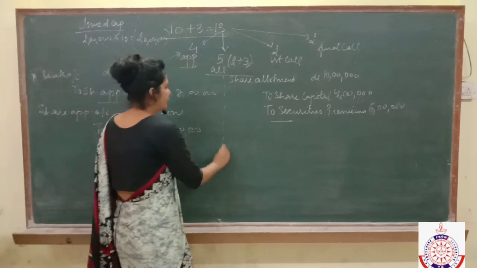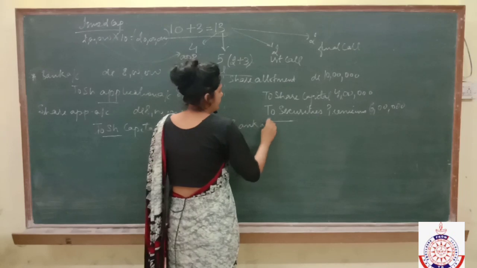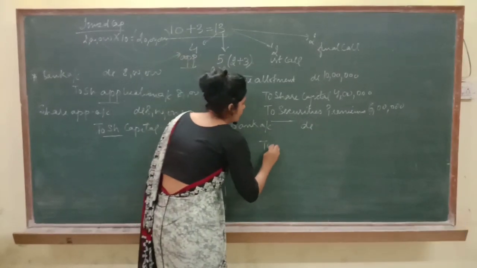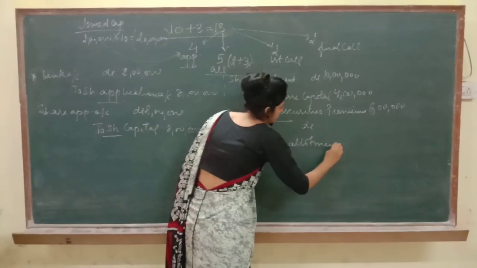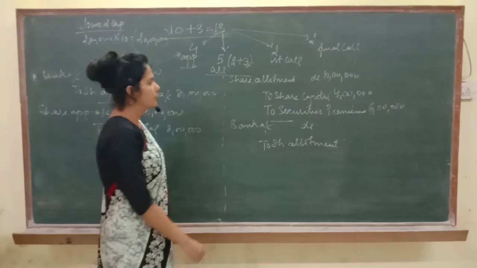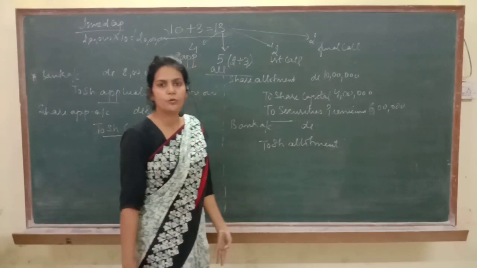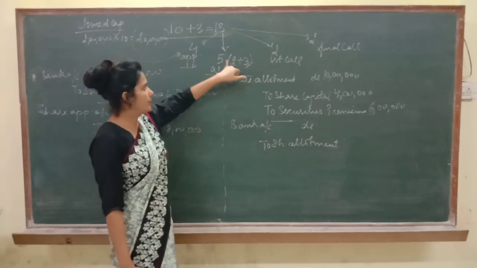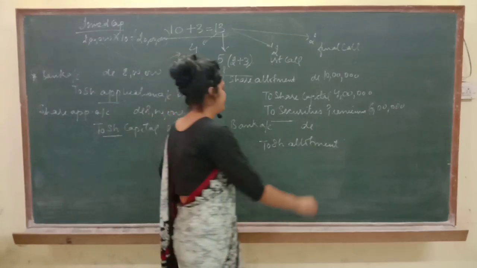Now, after some time, the shareholder will make payment to you. So, what entry will you pass? Bank account debited to share allotment. What is the amount of share allotment? 10 lakh. So, obviously, they will pay ₹10 lakh only to you. You can't accept 4 lakh because allotment includes premium also. So, they have to give you the complete 10 lakh only.